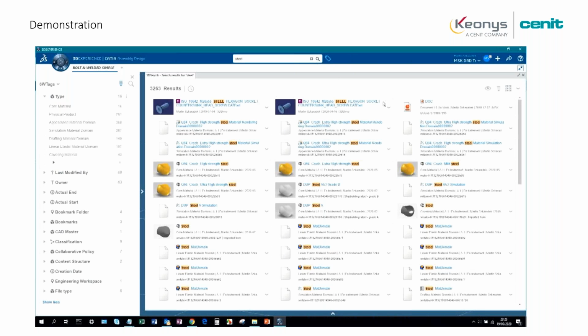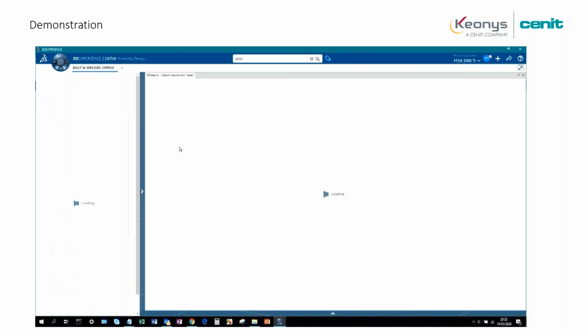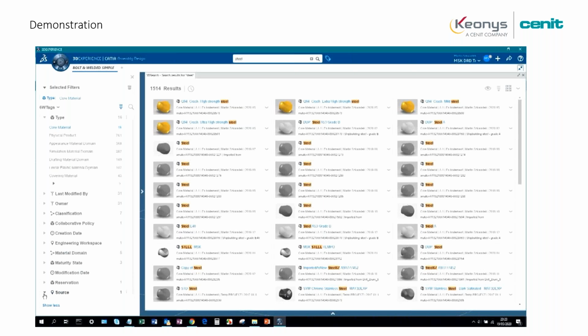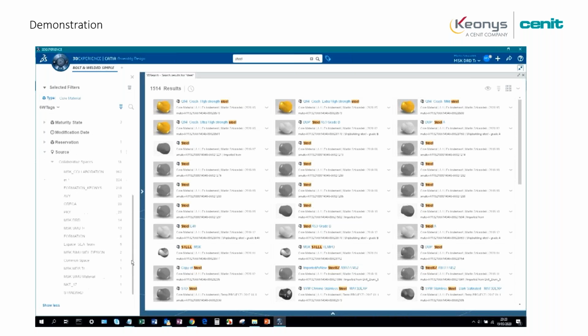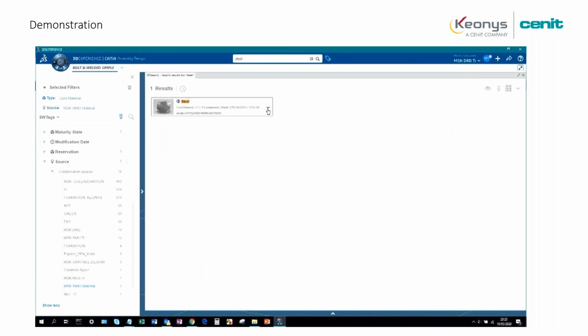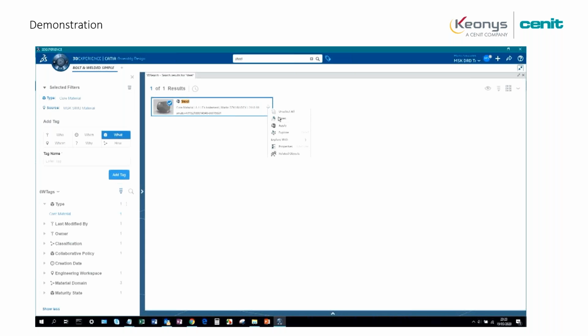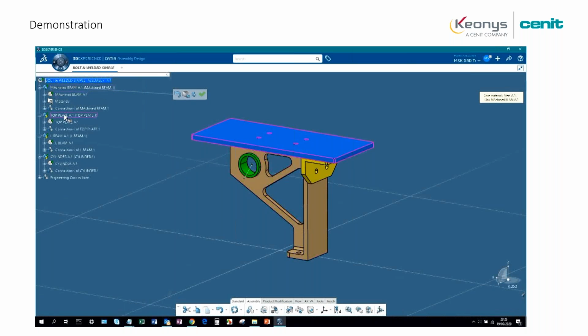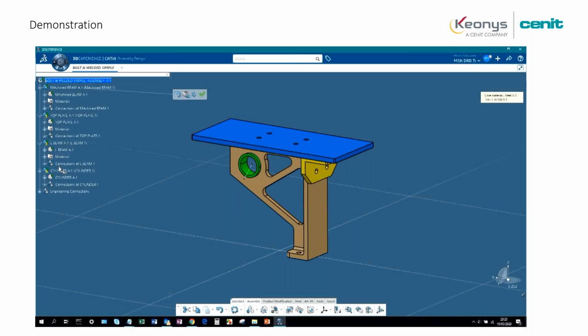So we are inside CATIA, we are seeking for a core material called steel in order to apply it on the parts. But you can create your own material: aluminum, composite, titanium, steel, etc. So you can apply it to the parts of your assembly, either for all the parts or for only one part. Here we are applying the same material for all the parts for convenience.